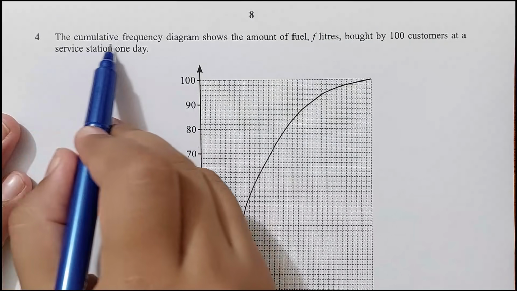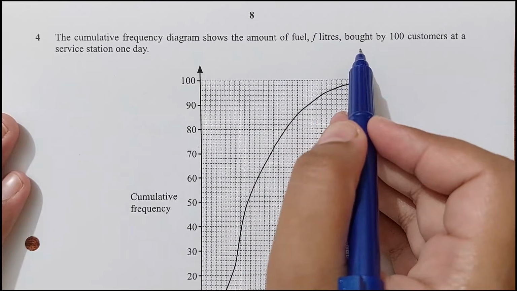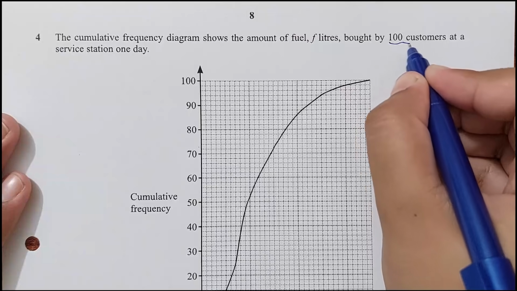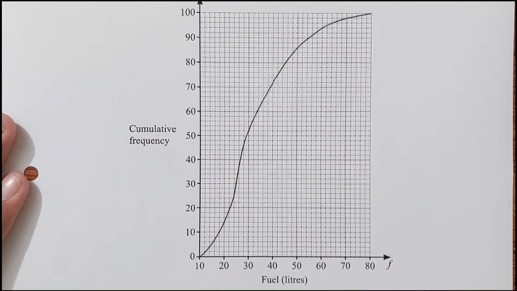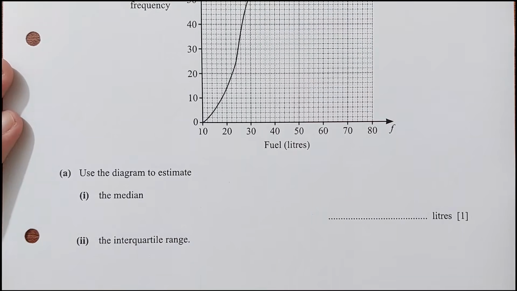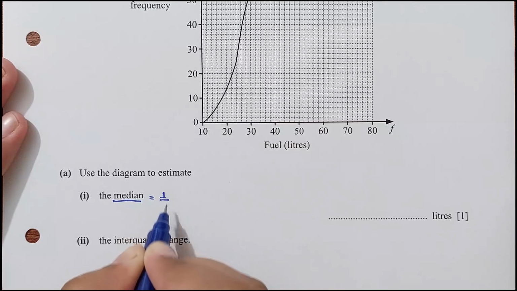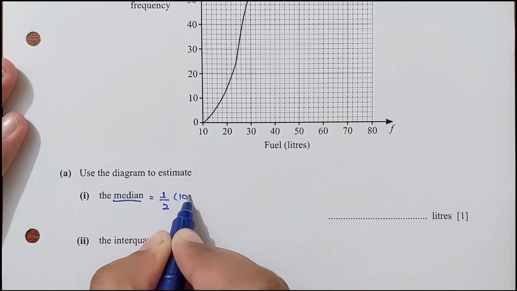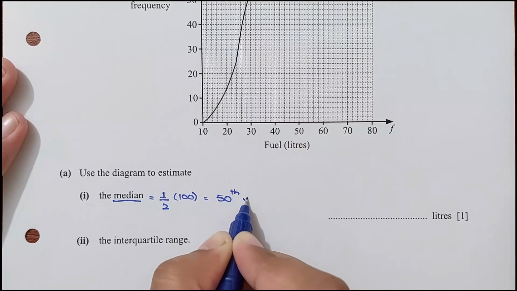Question number 4. The cumulative frequency diagram shows the amount of fuel F liters bought by 100 customers at the service station one day, right? The cumulative frequency and the fuel in liters. Part A, use the diagram to estimate 1, the median, and then the interquartile range. All right. So the formula for median is half of the value. So half of 100, which is equal to the 50th value we have to work on,